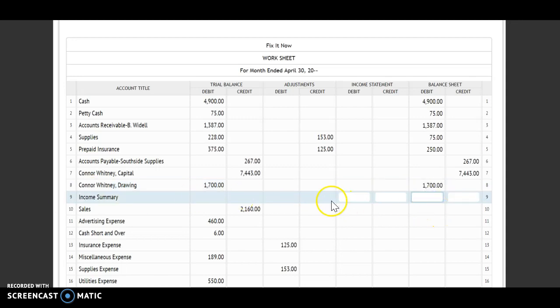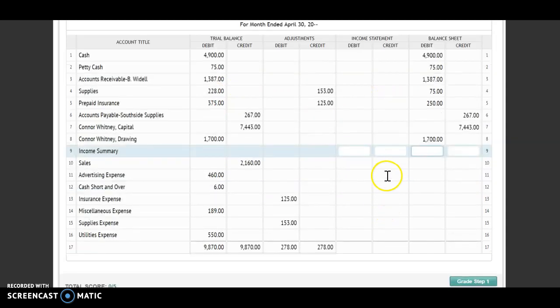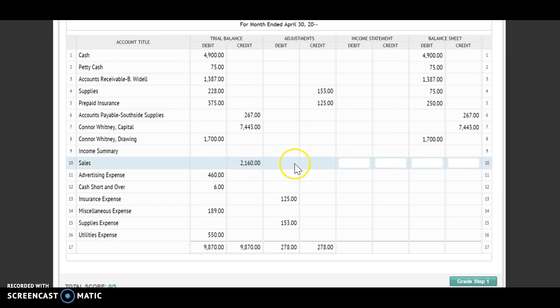Okay, income summary is easy. There is no balance, so I don't have to pull it over. Remember, this income summary is where I'm going to switch over to my income statement accounts. Okay, so next account that I see is my sales. Sales is revenue. Income statement includes revenue and expenses. So now I see my sales. I have a credit, so I'm going to go to my credit column,